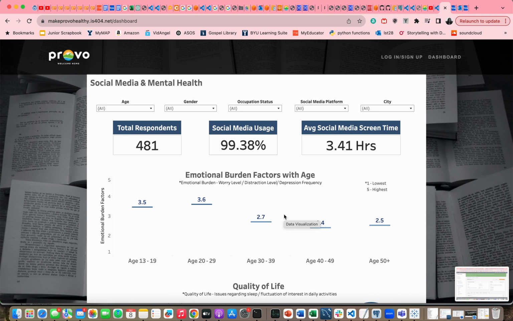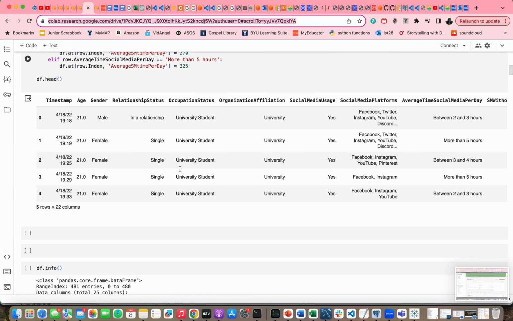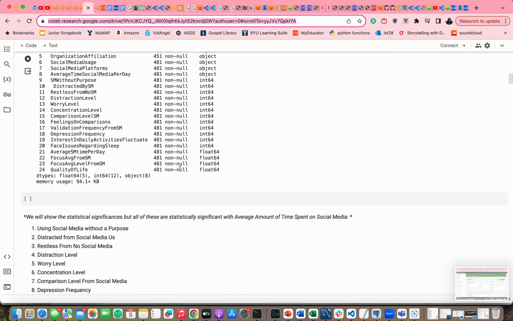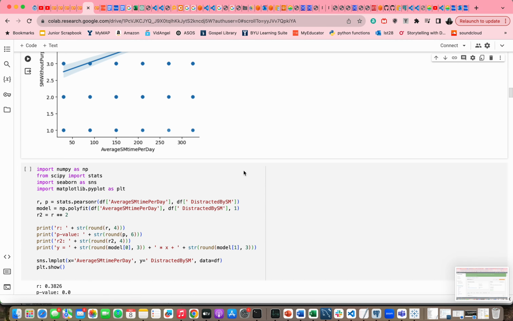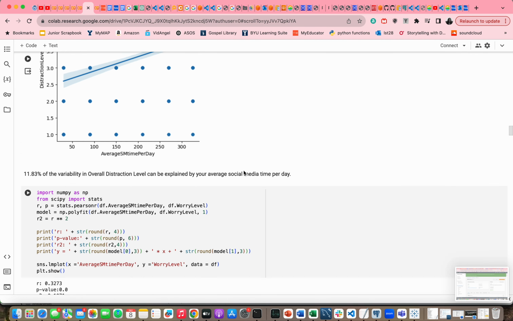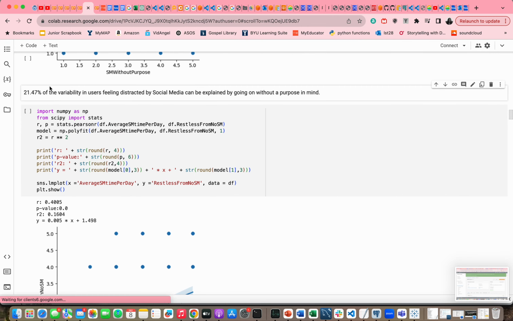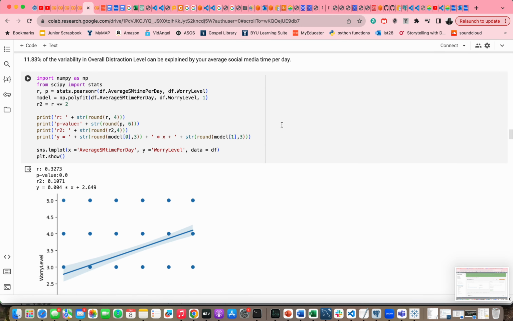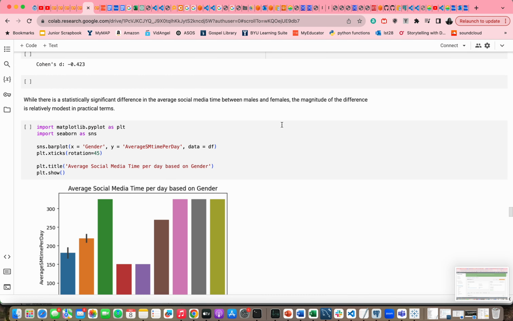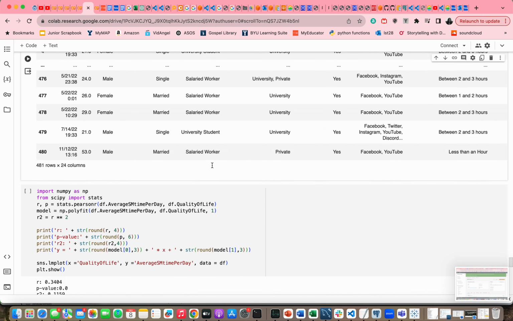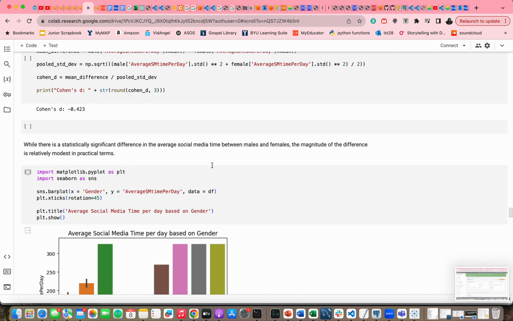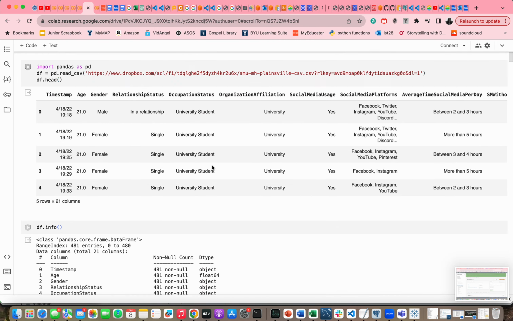So now this is our Python file. It was explored. We really looked at the p-values and the r-squareds to make sure that things were actually statistically significant or correlated. We know that we can't do causation, but we did find some really interesting things from the r-squared that helped us to decide which ones had the most correlation between average social media time and varying other things like depression and all the data that we were given. So that was really helpful, just to see that there was really a negative correlation for the most part, but